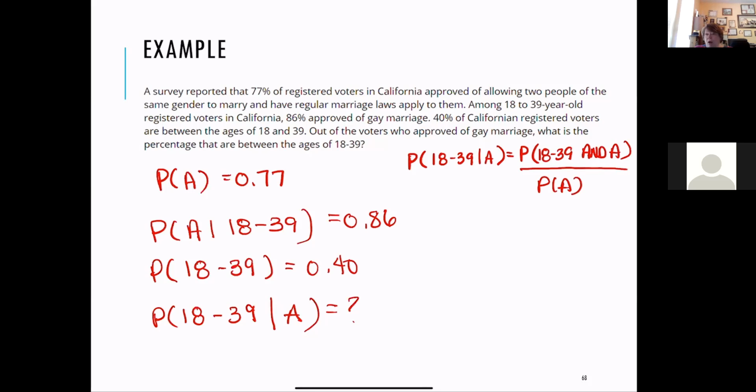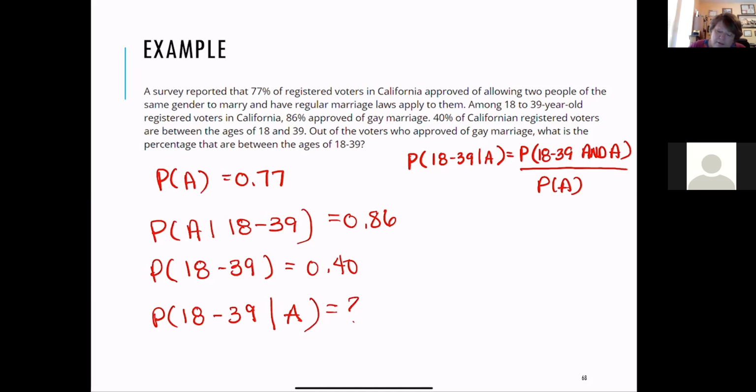Now, what I don't know is the and. I don't know the numerator. I know the percentage that approved, I know that. But I don't know what that P of 18 to 39 and A is. I don't know what probability that is, what percentage did that. So I need to find it. So I'm going to use Bayes' theorem again to find that and. So Bayes' theorem says